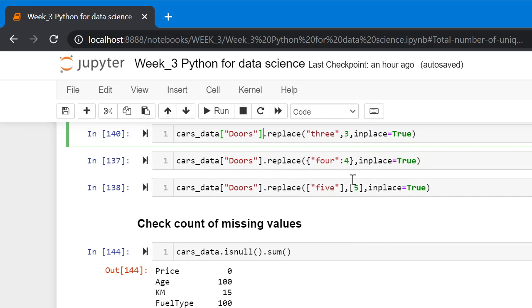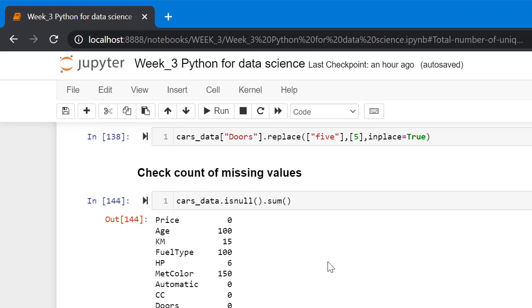Here are some more examples. How to check the count of missing values? For that, we can use the isnull method. Here is an example.